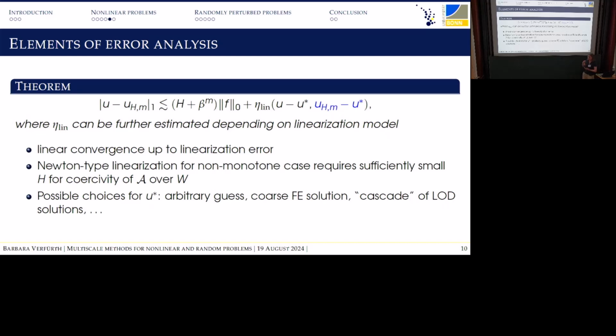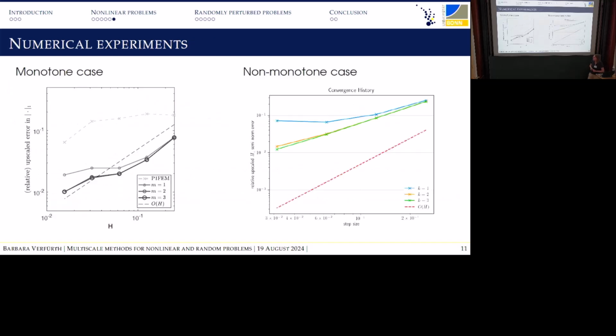Or you could also think of doing the procedure that I've presented once, twice, or several times. You start with a guess, you solve the problem, and then this solution you take as your new linearization point and restart again. You're in an additional iterative loop as well, and the hope is that things get better from time to time. In the brief numerical example I want to present, we went for the very simple thing of just taking some arbitrary guess, which in this case was even 0. So the most simplistic manner.